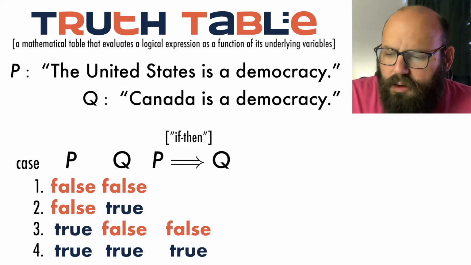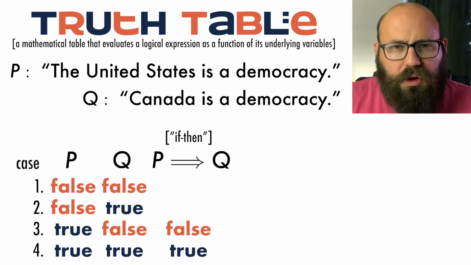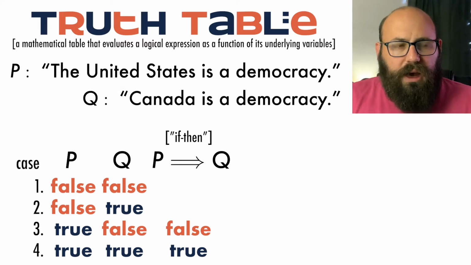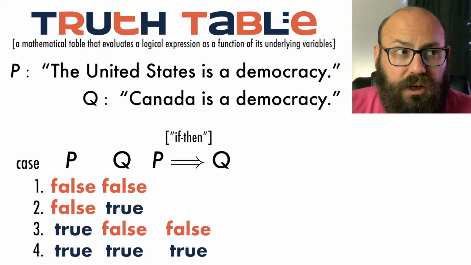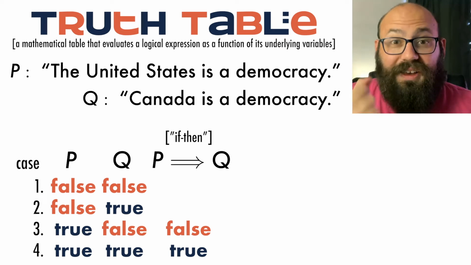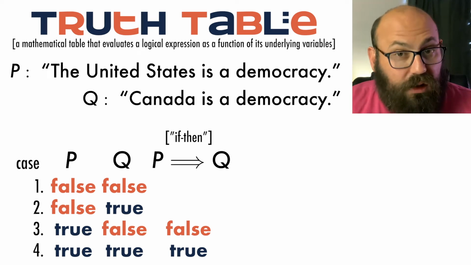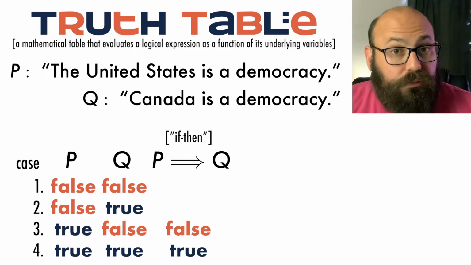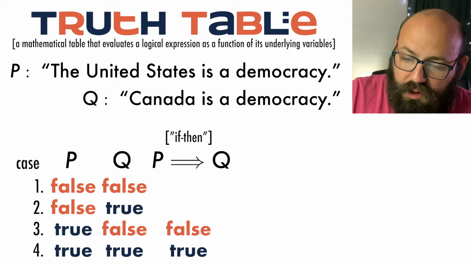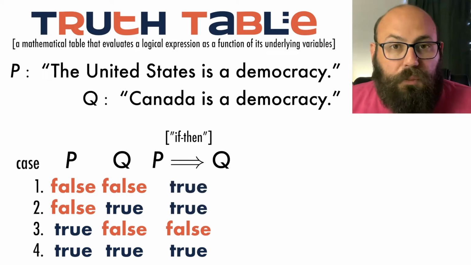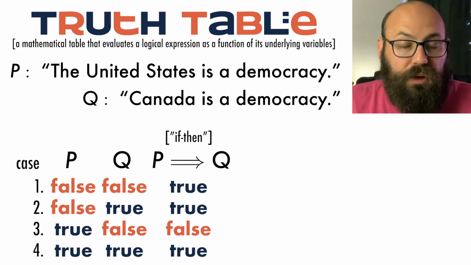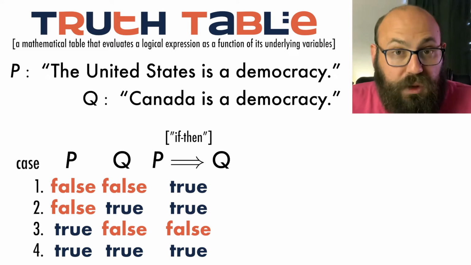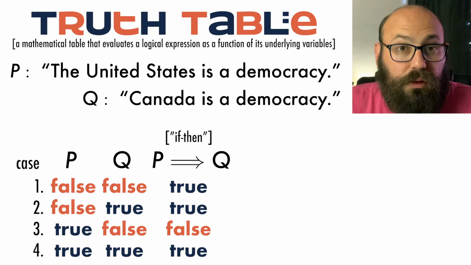No. Right? So if I promised you, if you work hard in this class, then you'll get a good grade, and then you didn't work hard in this class, would you be able to be angry at me? Well, if ISIS forms are any indication, then yes. However, you wouldn't be angry at me just because you felt that I broke that promise. Okay? So in other words, we're going to put a T there. So if the premise is false, if P is false in the statement if P then Q, then if P then Q is true. Okay?